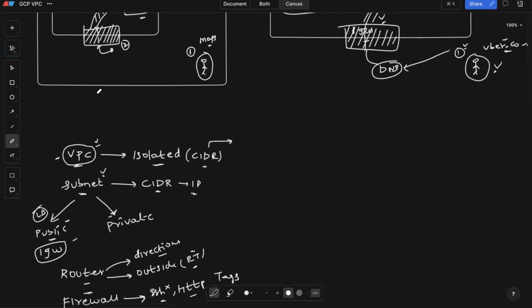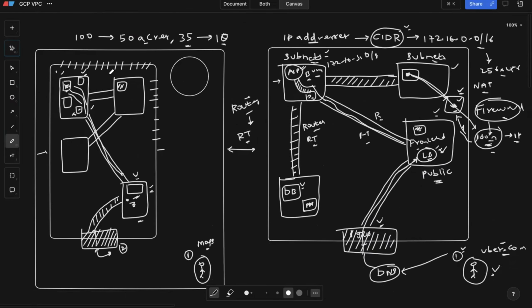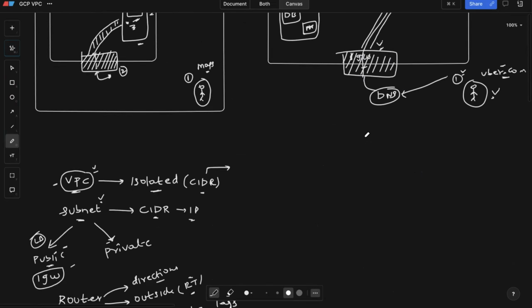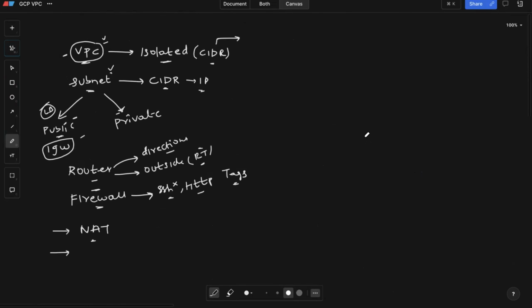Now, finally, Abhishek, within my organization, I have set up this VPC. I'm a cloud architect. Now I want people in the organization, someone who logs into the office network, to be able to directly connect to this VPC network, because this VPC network is a private network. And in my office, we use the Wi-Fi network. How can we connect the office network with this VPC network? So for that, the concept